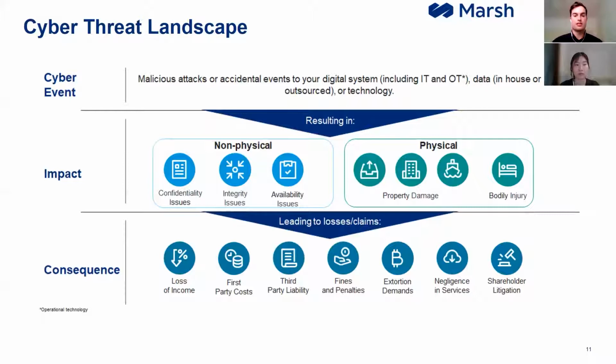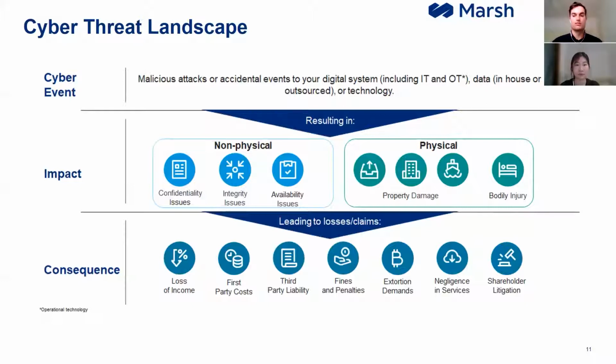These impacts lead to claims or losses under a cyber insurance policy, which can be first-party costs or third-party costs. First-party costs include appointing incident response vendors to triage and manage an event, who are available 24/7 and will help to appoint law firms for privacy issues or IT forensics to assist with system and data recovery, or other experts as necessary.